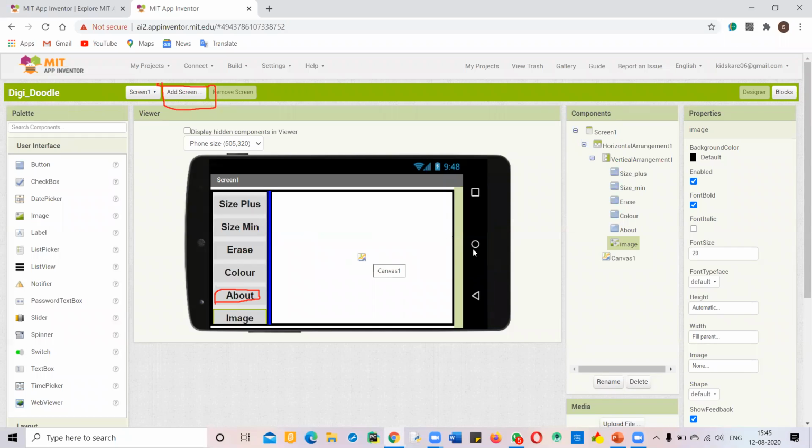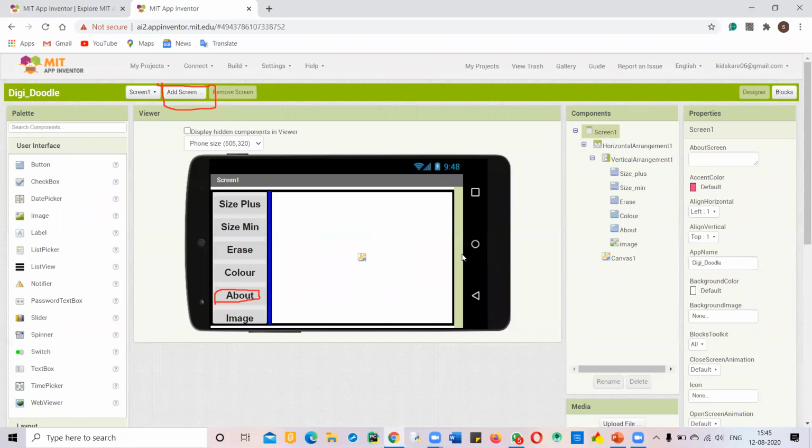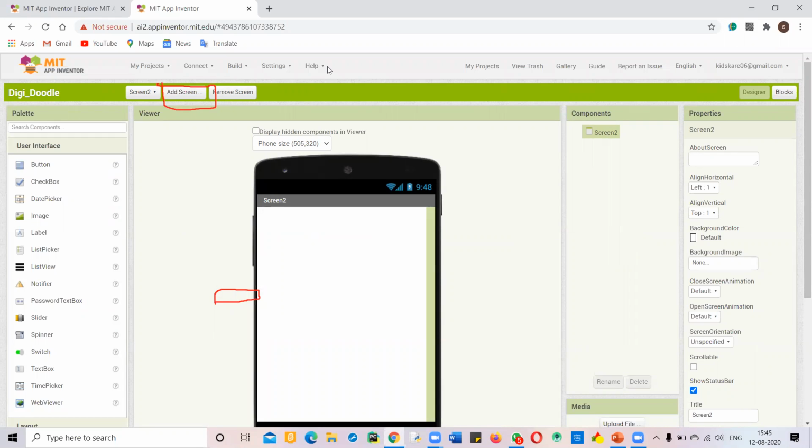In my App Inventor it is saying component instance names cannot be the same as a component type, when I was writing the image part. Okay, show your screen. Sayog, why are you adding Screen2? I am adding it for that About button now. They will write about themselves, and if they click, they can open the other screen. So have you added a button in Screen1 for going to the About screen? Yeah, I've added.